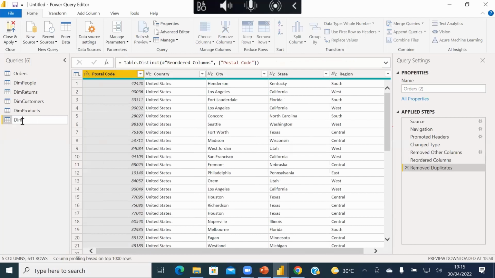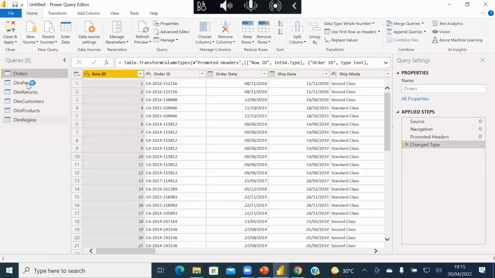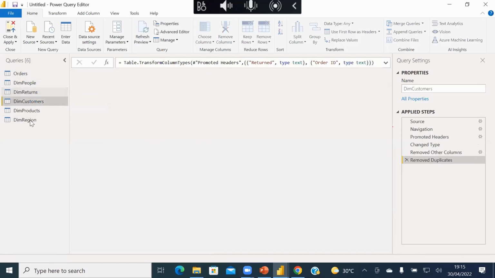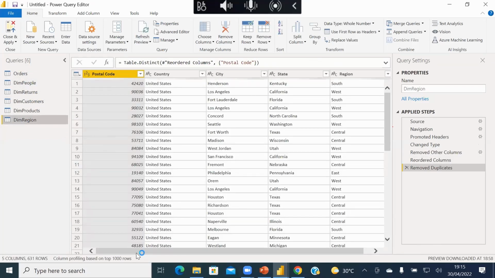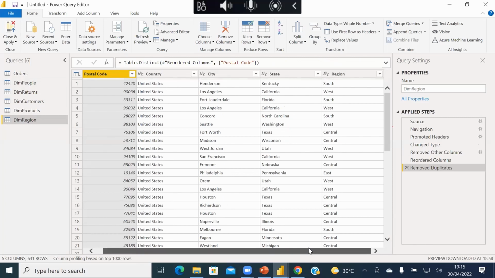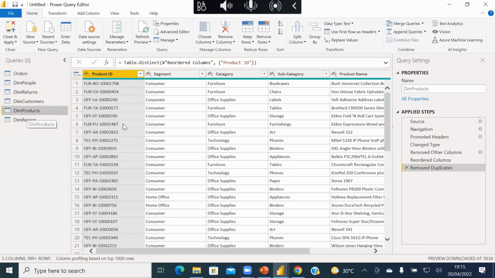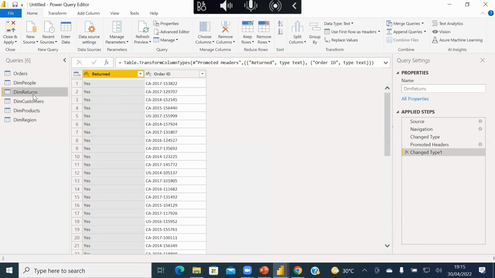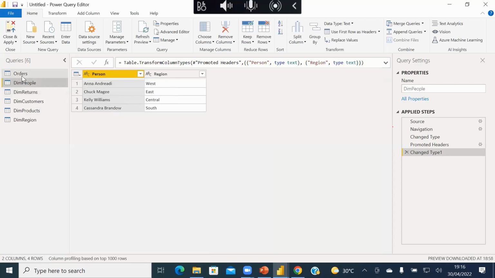So someone asked earlier, what are queries, right? So this is called dimension. Let's call it region. So what we've just written right here are the queries that we've written. For example, we've written the query to give us just region, right? So we have only regions here. We've written a query to give us just products. We have only products here. Query for customers. So you realize that we are querying, we are asking the file for data, and the file is giving us that data. That's basically the query. So we have people, we have orders.